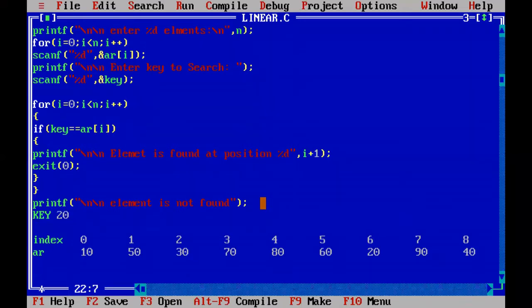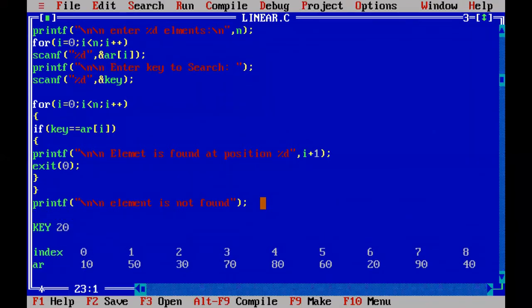Then the number of elements we are going to enter is represented with n. Earlier we captured it with the n value, and we asked the user to enter n elements. That means 9 elements. Whenever the user is entering 9 elements, we captured them with one scanf.